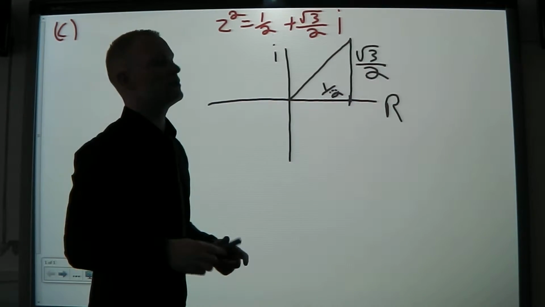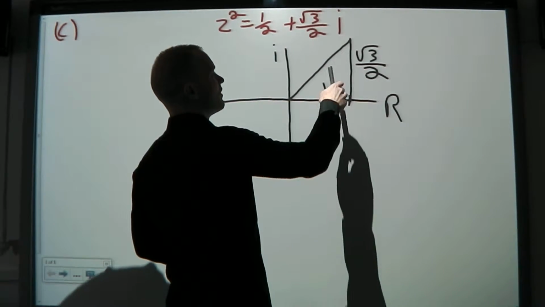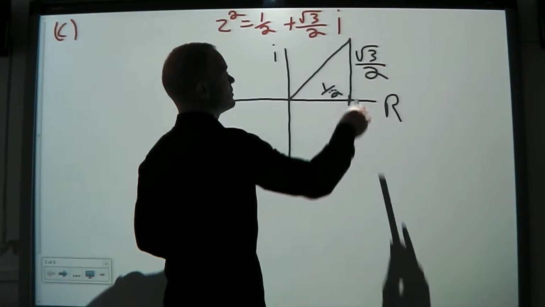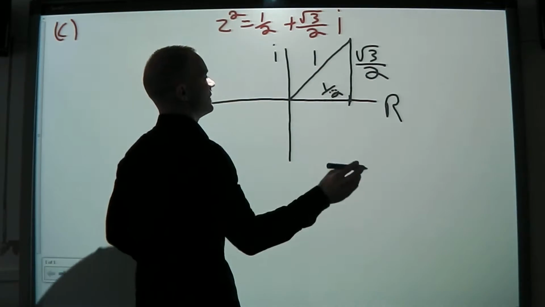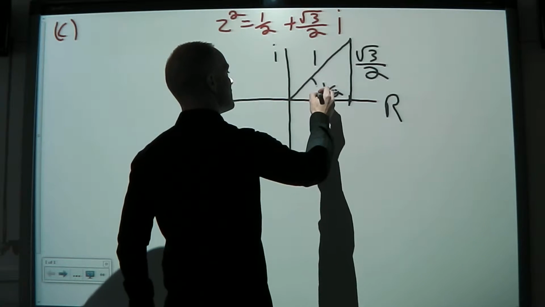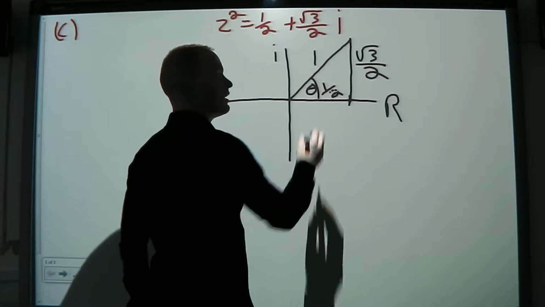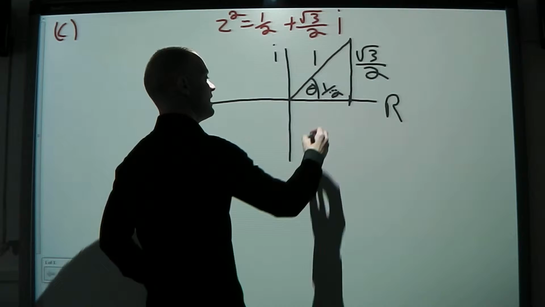And our hypotenuse is the square root of a half squared plus root 3 over 2 squared. So that actually works out to be 1 because I've done it earlier. Now, we also want to find what the angle is in here. We call that angle theta. Now, we know that tan theta